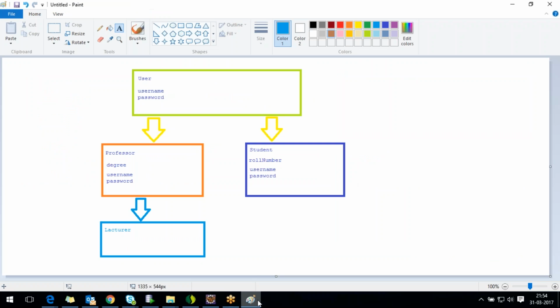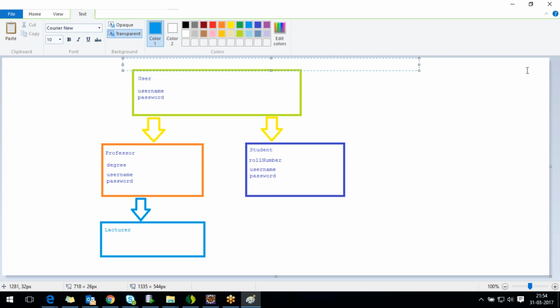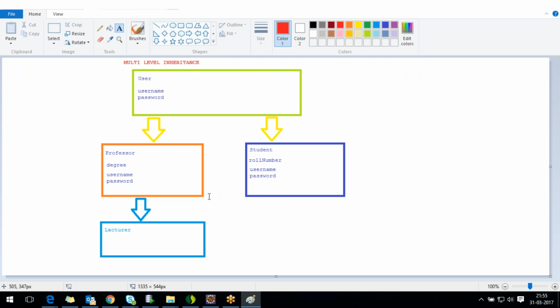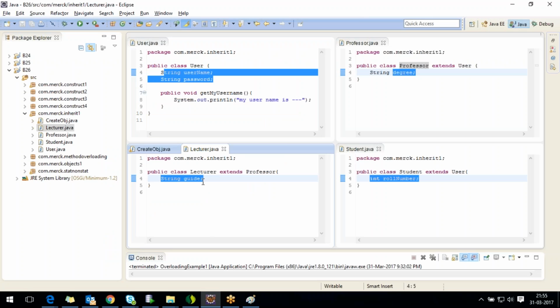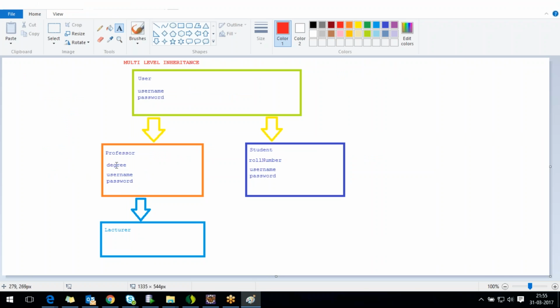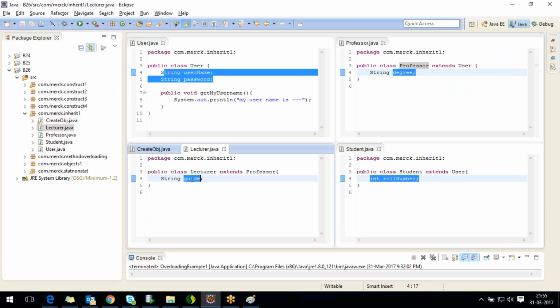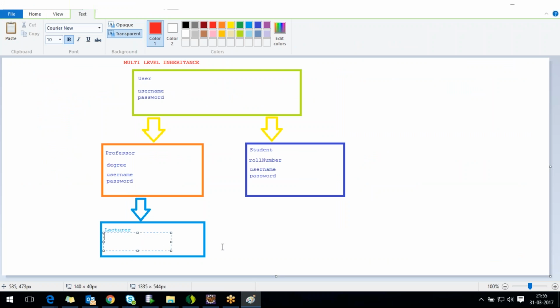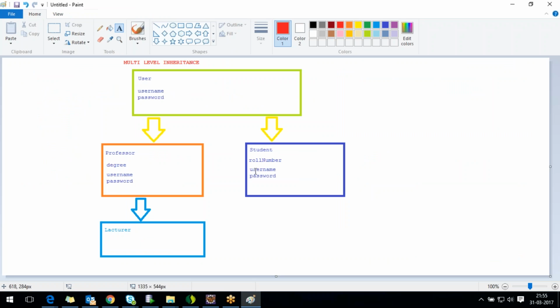Okay, and these kinds of thing is called multi-level inheritance. Okay, this is called multi-level inheritance, guys. So the lecturer class in effect will have one its own property, that is guide. Okay, apart from that it will also have the other properties like